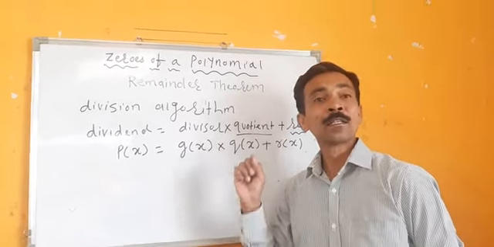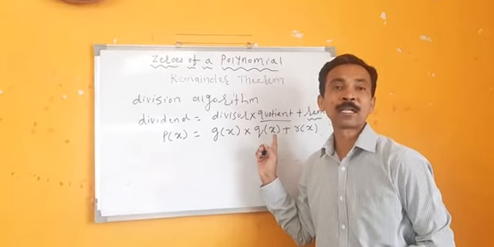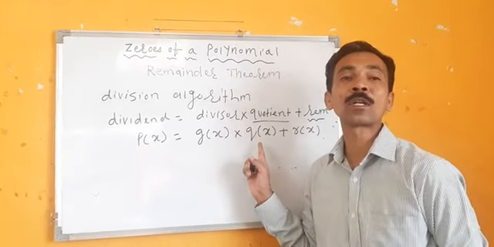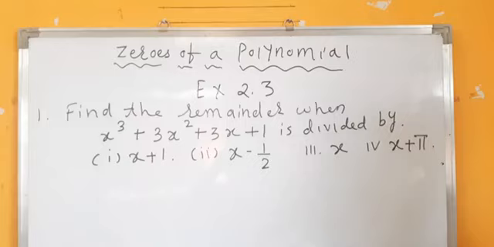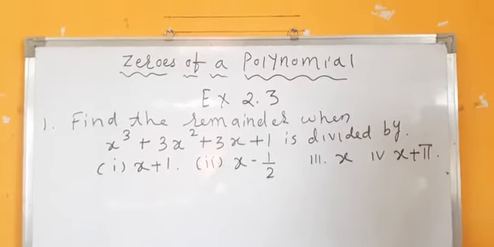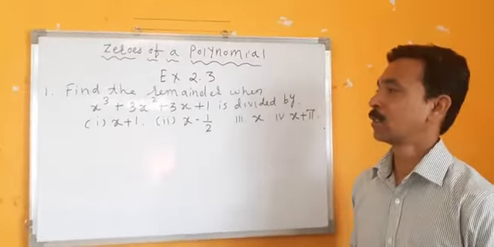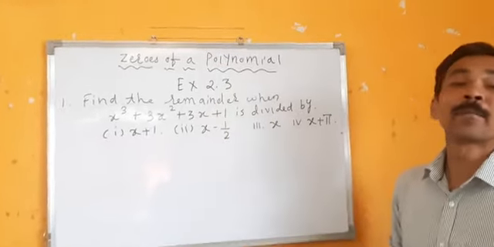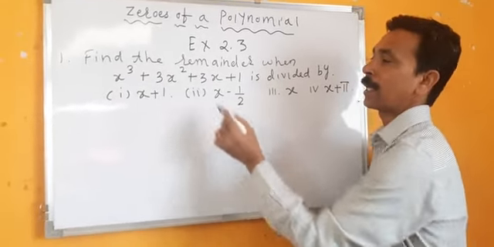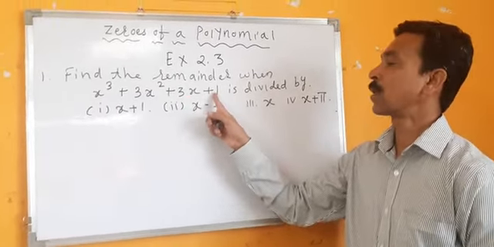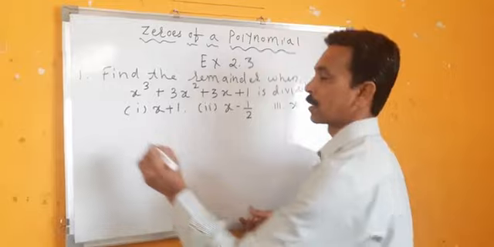Here we will study the simple division also and the long division method, which you have studied in 8th standard also. That is now useful here in this topic. We will see exercise 2.3. Exercise 2.3, question number 1. Find the remainder when x cube plus 3x squared plus 3x plus 1 is divided by, first bit, x plus 1. So I will write here